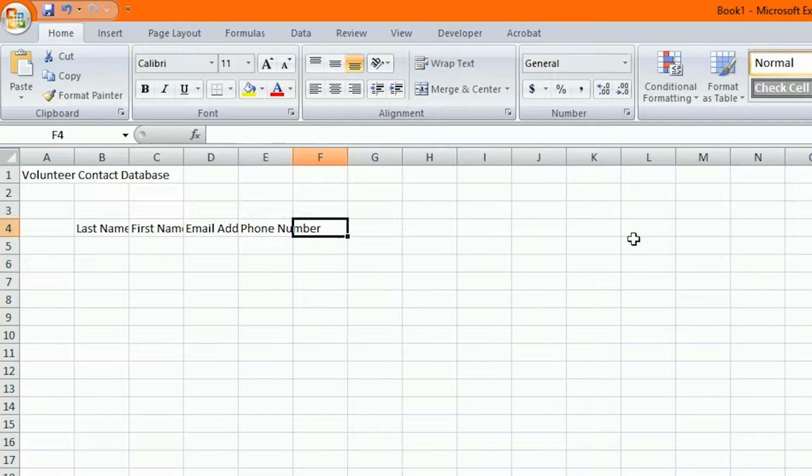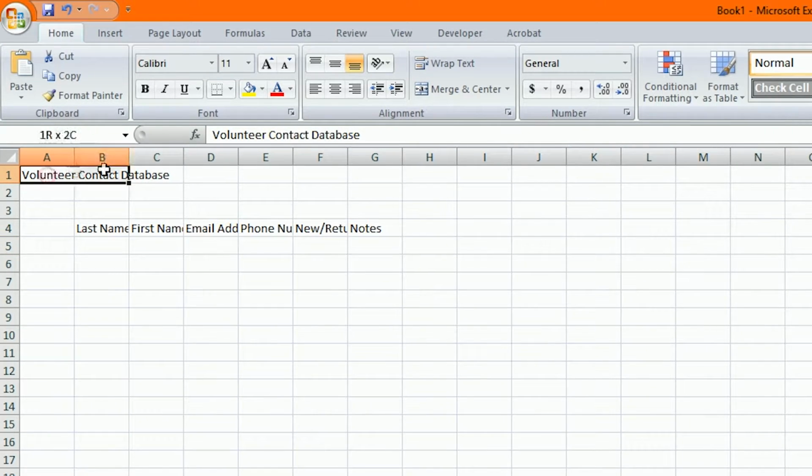And don't worry about the overlapping. We'll go back and fix that. And then for this particular spreadsheet, we want a column to determine if they are new or returning. And a last column for notes. Then you hit enter. So now, first thing we can do is go back here to our title, and we're